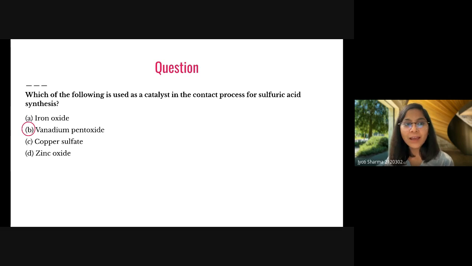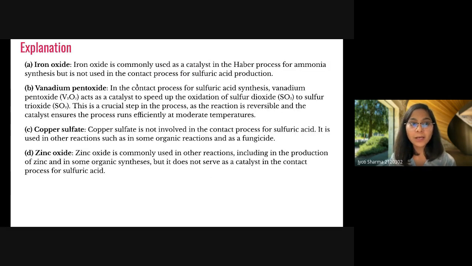It is all right. You can't always remember the catalyst because we have thousands of reactions. For example, we have the Haber process, we have the contact process, and a lot of reactions. We have a lot of processes, and it is not mandatory to know the catalyst for each one, but whenever you have a need, you should know what kind of catalyst we will use in that kind of process. So it is all right. So the answer is vanadium pentoxide, the catalyst that we need in the contact process for sulfuric acid